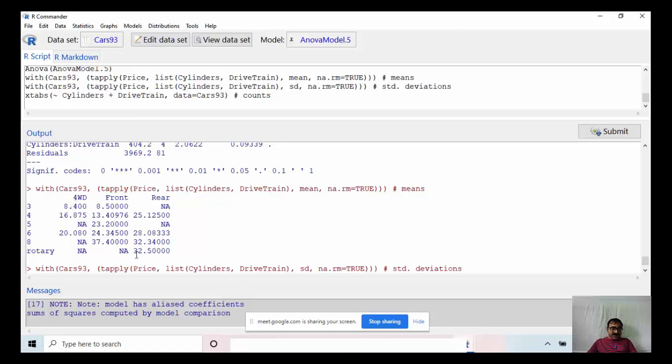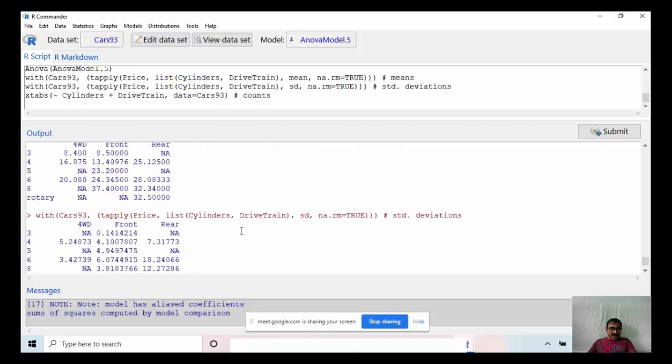This is the average price for cars having three cylinders with four wheel drive. Similarly, this is three cylinders with front wheel drive, and this is three cylinders with rear wheel drive only. This price is not available, because in the data there was no three cylinder engine with rear drive. Similarly for four cylinder, five cylinder, six cylinder, like this.